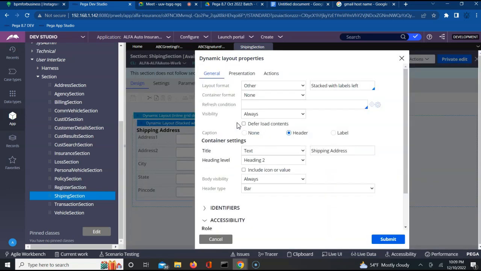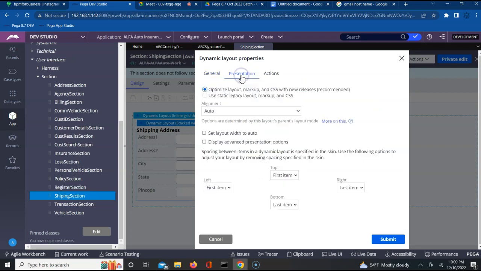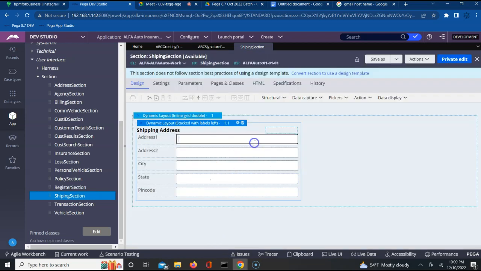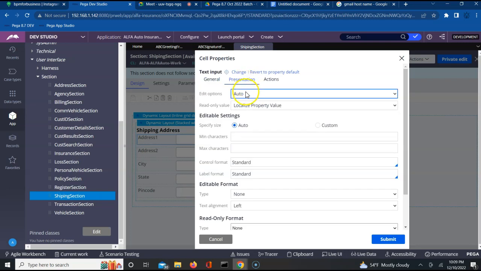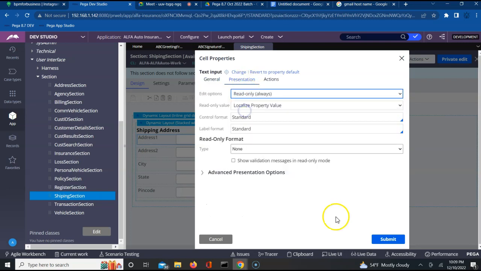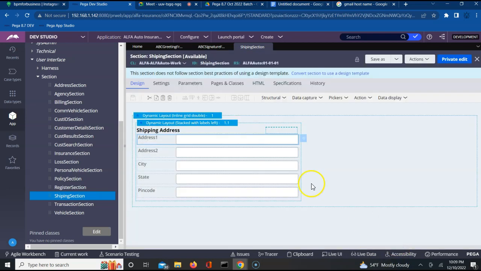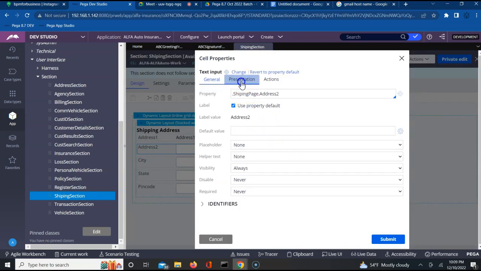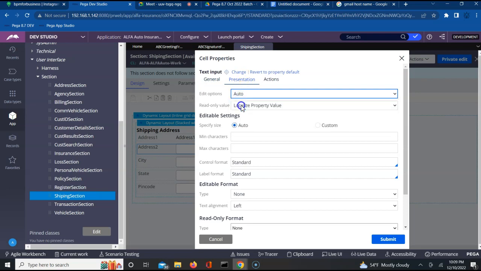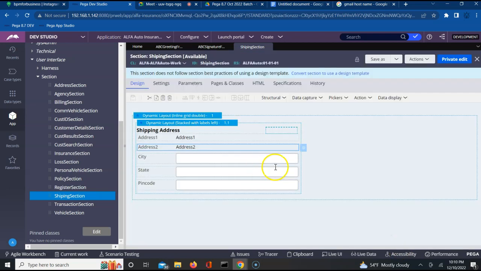And let us set this presentation auto. Okay, let us make these fields read only to be able to include them into the auto. I'll mark this read only. These fields have to be read only if we have to display them in the presentation auto, run the submit, and then